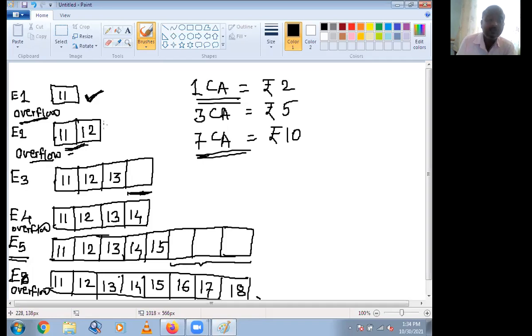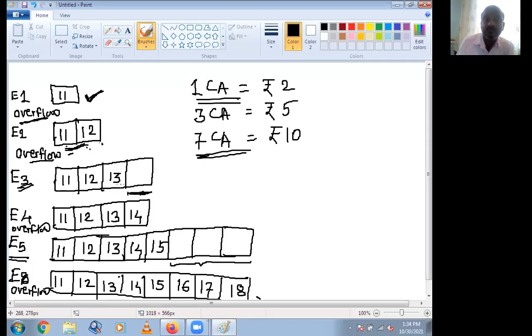When you want to insert a third element, check whether space is available or not. If there is no space, make space available double than previous. Previous space is only 2, so double that is 4 spaces, and copy the previous contents as it is.